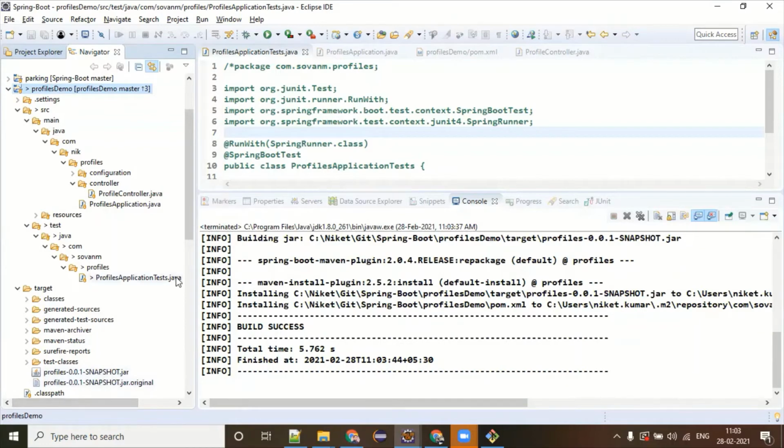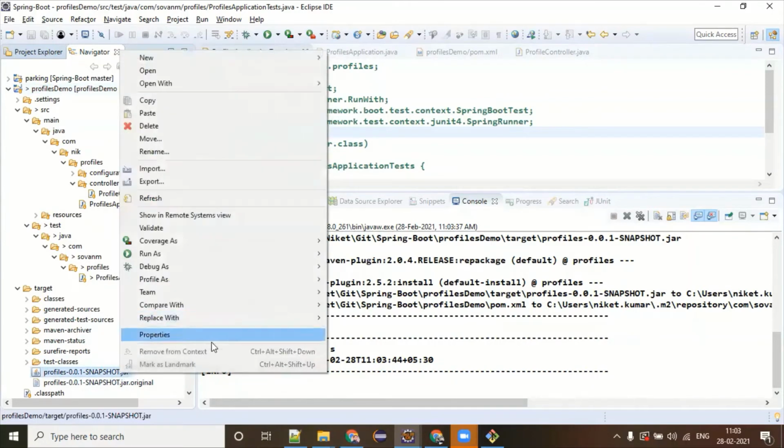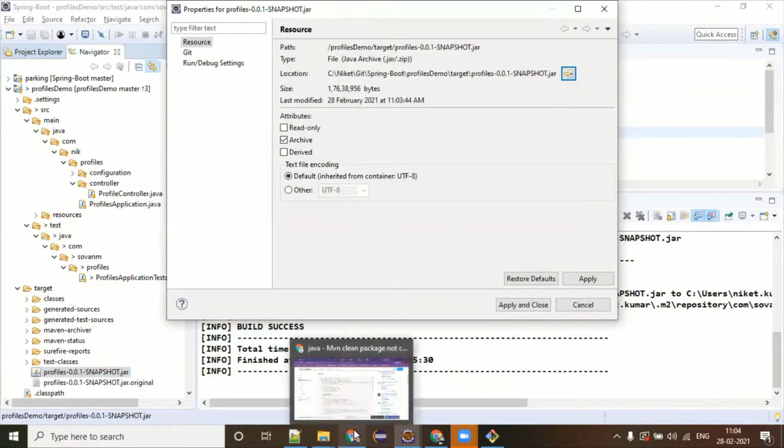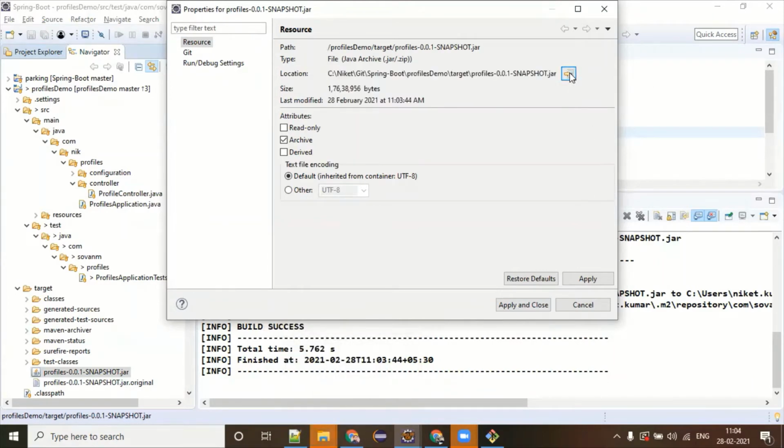So nothing additional configuration is required in pom.xml file. So what I was saying is that if you want to override this profiling without changing the properties file, then you have to use the command line.